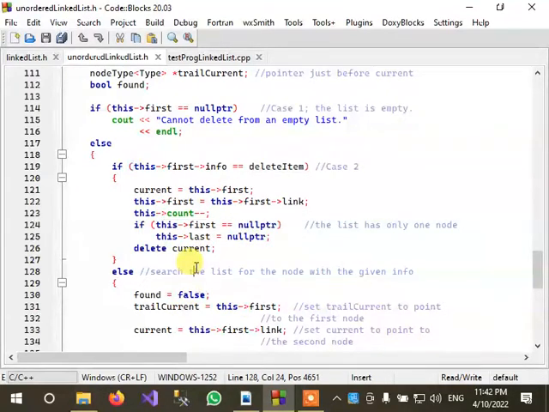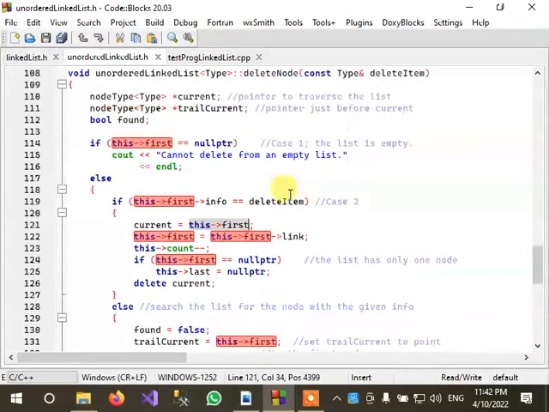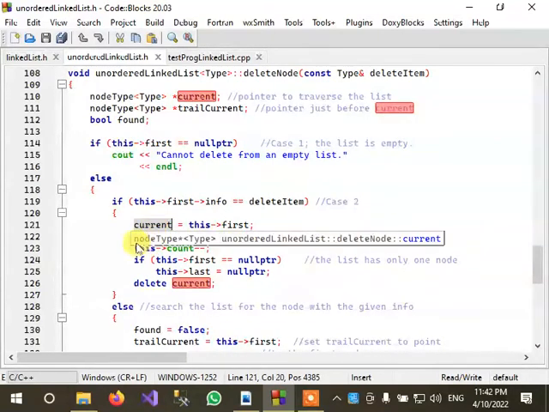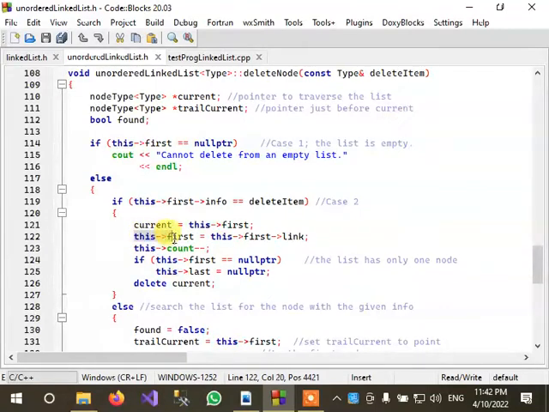How will we do this? We will simply copy the first node into the current node, and we will point first to first dot link. First dot link represents the second node. So in this statement, first will now point to the second node, and the previously first node will be skipped from the list,